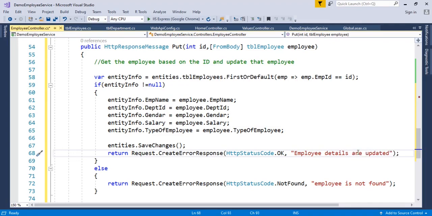So employee details are updated. Now we are done with the update method.